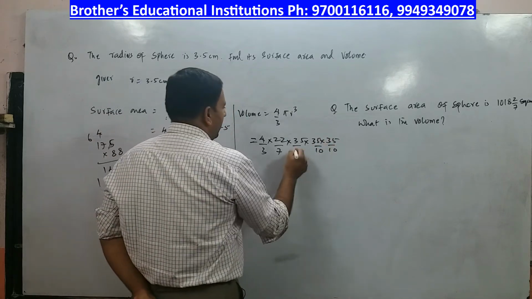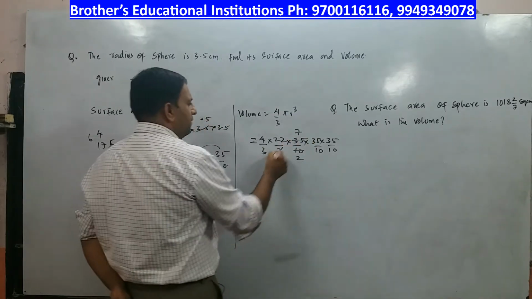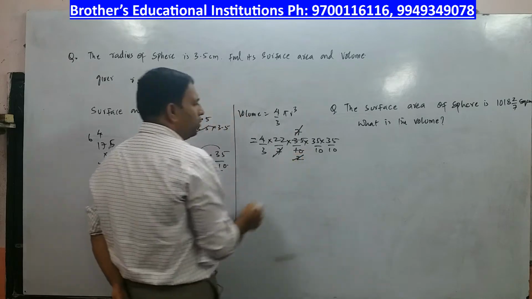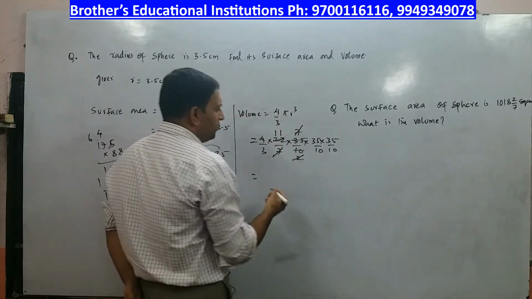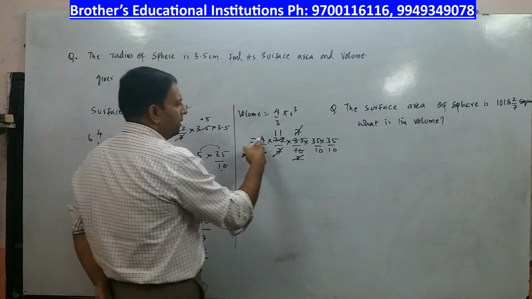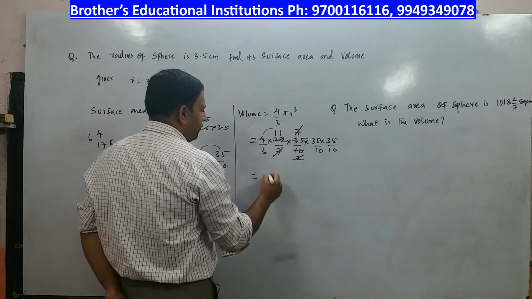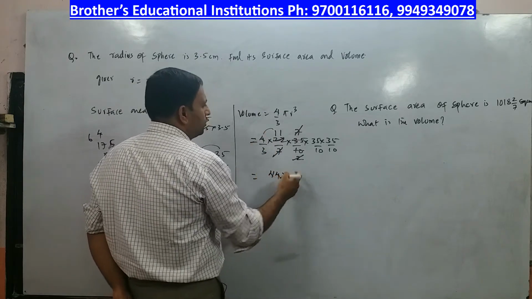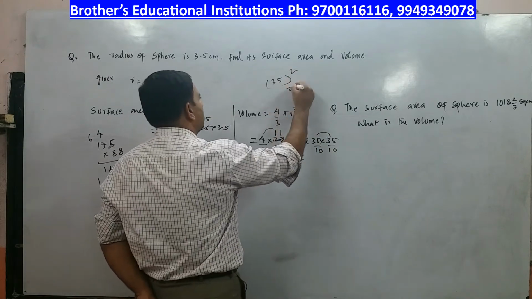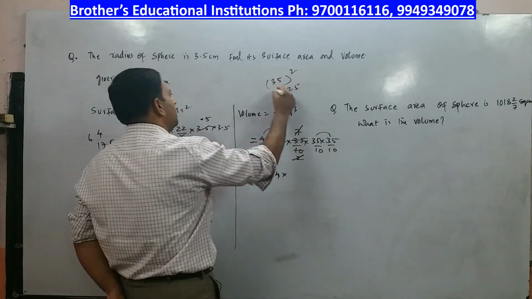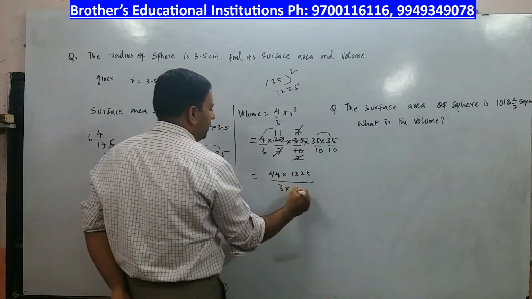So now I can say 5 2s are 10, 5 7s are 35. 7 cancel. 2 1s are 2, 2 11s are 22. Now what is next we have? We have this part of the problem. 11 4s are 44 into 35 into 35. Very simple, I will tell you. 35 whole square, 5 square 25, 3 square 9 plus 3 is 12. It is 1225 divided by 3 into 100.